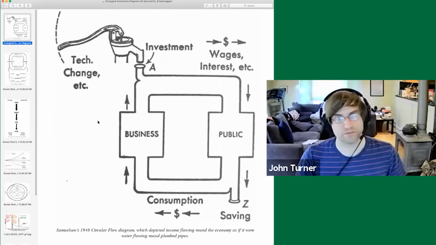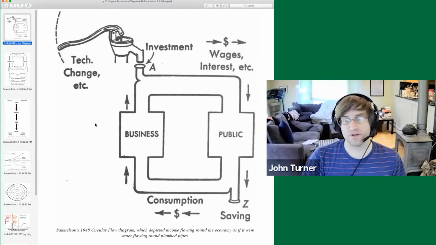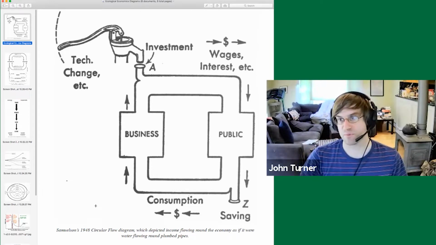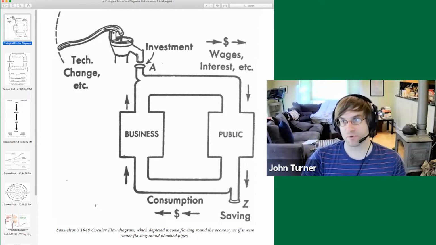I want to start with the diagram provided. This is Paul Samuelson's diagram from 1948. Samuelson is a Nobel Prize winning economist, largely responsible for translating a number of insights from Keynes into what people think of as the core macroeconomic models that we use. And this image gives you the basis. Is it sufficiently large for people to see everything in detail? Can you give me a thumbs up if it's sized correctly? Can you see the whole diagram?